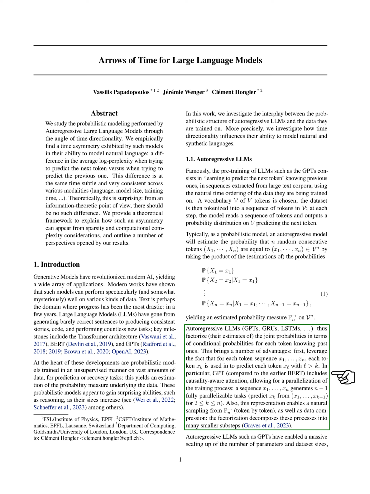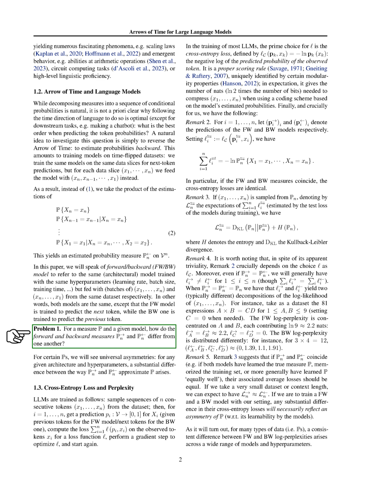This leads us to our main question. How do the forward and backward probability estimates differ for a given dataset? We hypothesize that there might be significant differences in how these models approximate the underlying probability of the data, depending on the direction of time used during training.